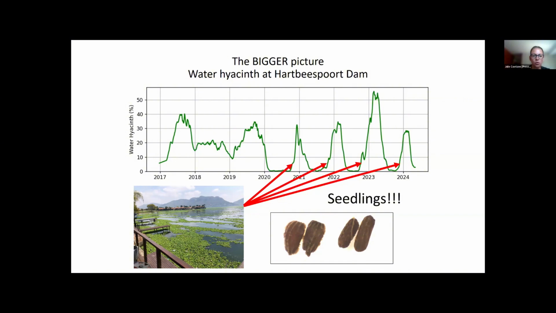Over the winter, no water hyacinth at all. And then suddenly in October, November, we'd get an outbreak, or the plants would start to germinate again from seedlings. And so we'd have to re-inoculate those plants inundatively through our mass rearing efforts. We've seen this every single year, and we're busy seeing it at the moment. Now in 2025, I haven't put that data in, these peaks and troughs because of herbivory by the biocontrol agents.